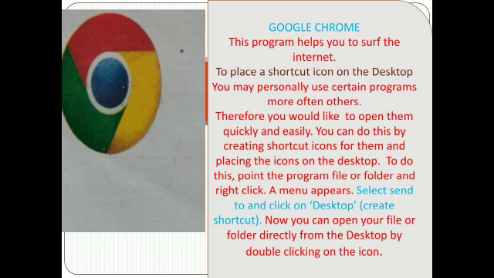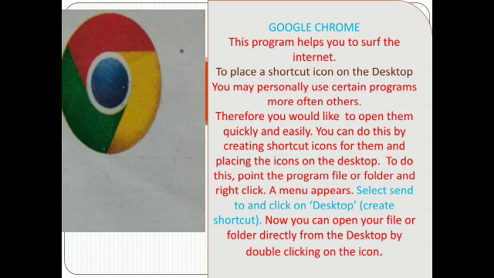Select send to, and click on desktop create shortcut. Now you can open your file or folder directly from the desktop by double clicking on the icon. So it is really a very good procedure.